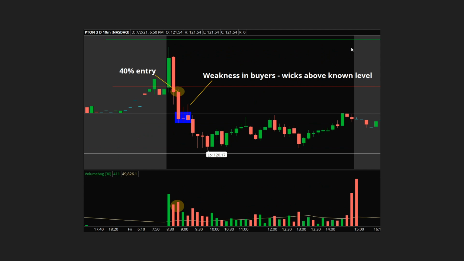Here on Peloton, you could see the break below my set level on the watch list, but you could see weakness in buyers up here as price was rejecting the first target, as price was looking to drop further. You could see, yes, there was a fight here, but sellers are definitely still in control,